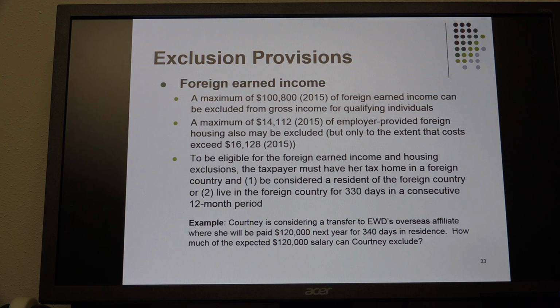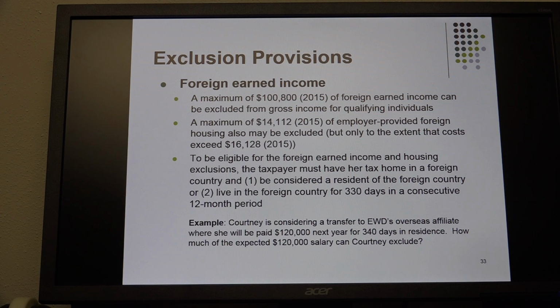So even if you earn income outside of the United States, in theory, it's still taxable, even if another country is also taxing it. To get away from that double taxation effect of two countries possibly taxing the same income, we have three different ways you can exclude